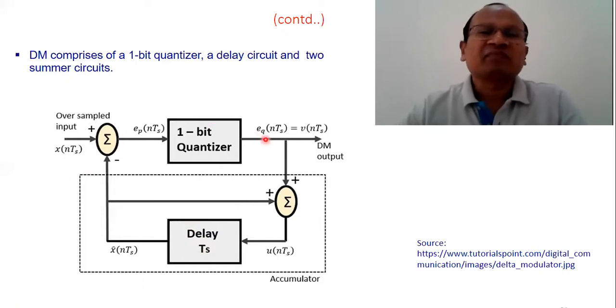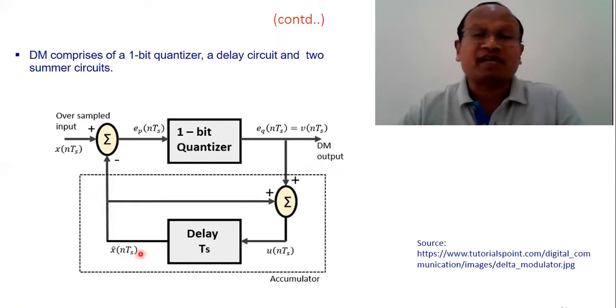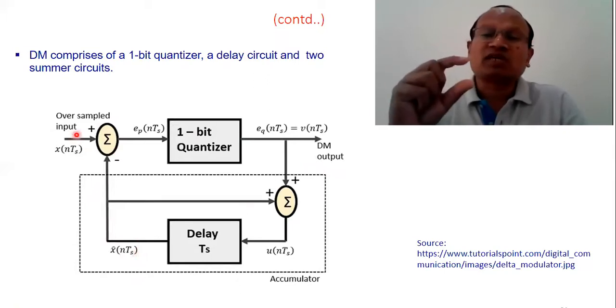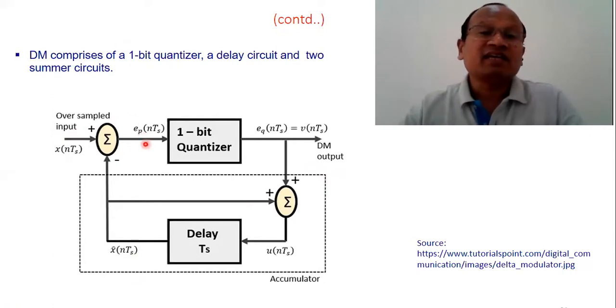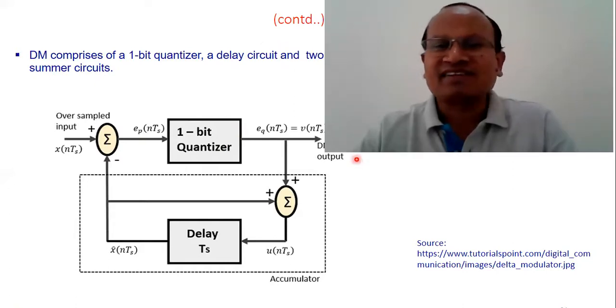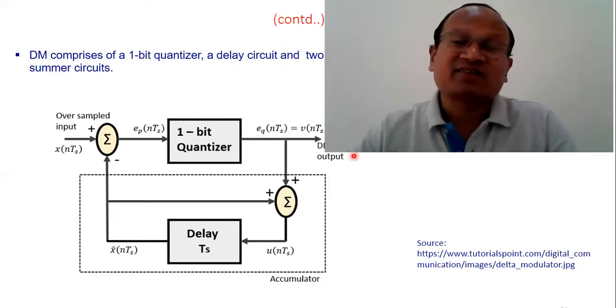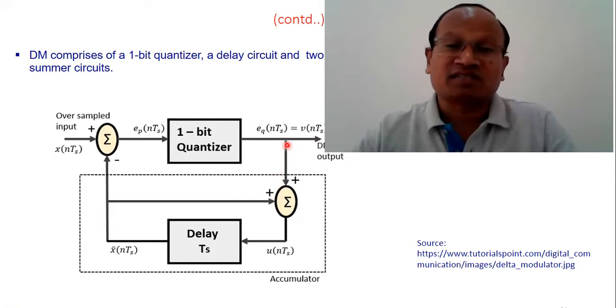And see here that again the difference signal is coming, which is e(nTs) = x(nTs) minus x cap(nTs). That is the difference between two consecutive or adjacent samples, and that is the error signal. e(nTs), the discrete signal, is encoded. Please note here that the quantizer will always encode into 1 bit exclusively. That is the main point in the quantization. Again, we need to store that particular sample which corresponds to this error signal.